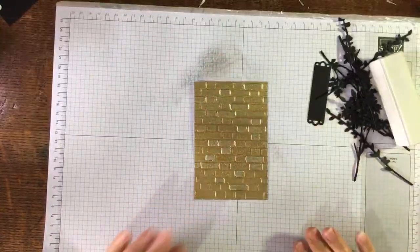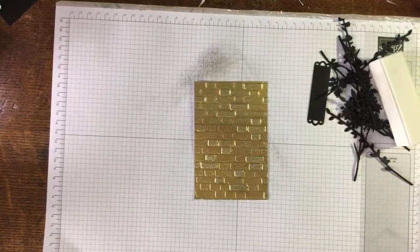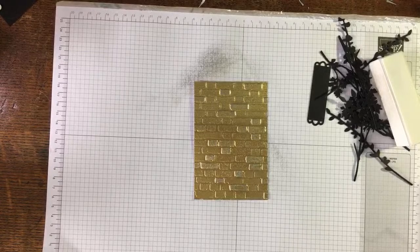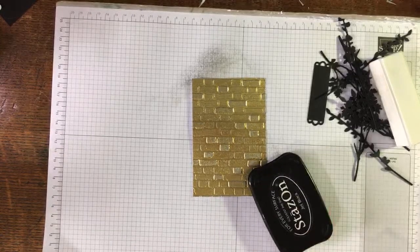Yeah. And then I'm thinking, I've not got it out. Have I got Stazon in here? I should have a Stazon pad in here somewhere. There's some Stazon. Because this will dry quicker on,